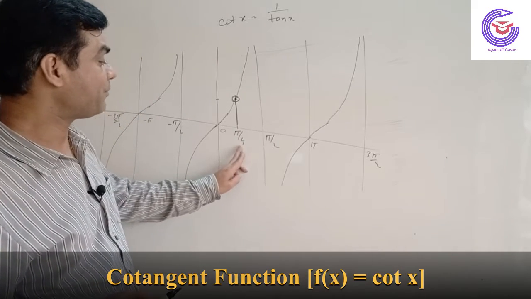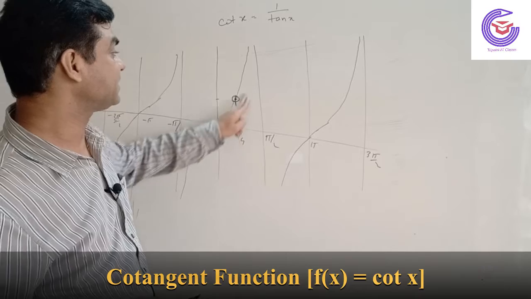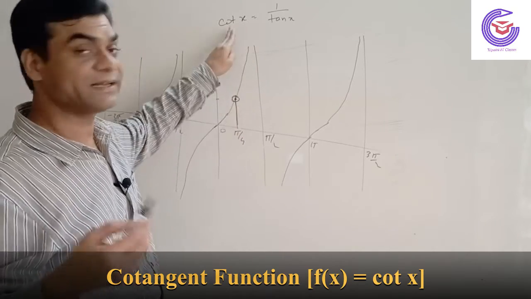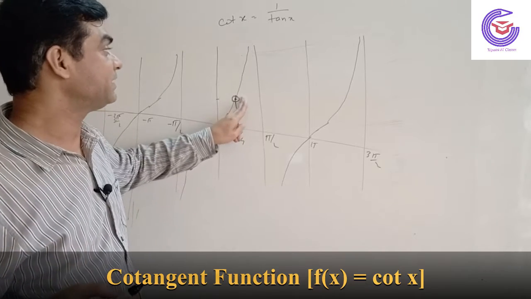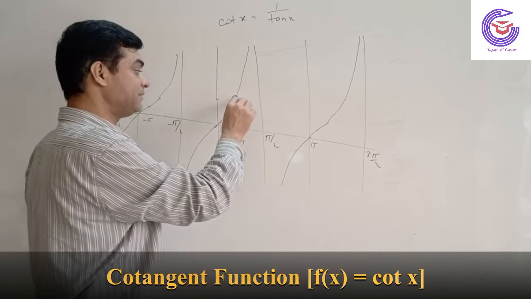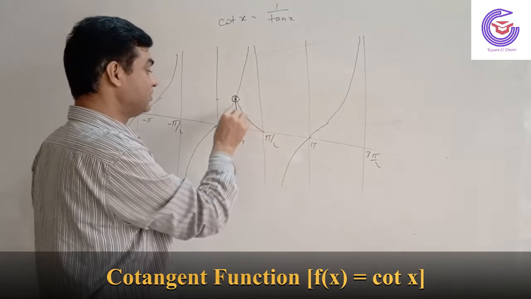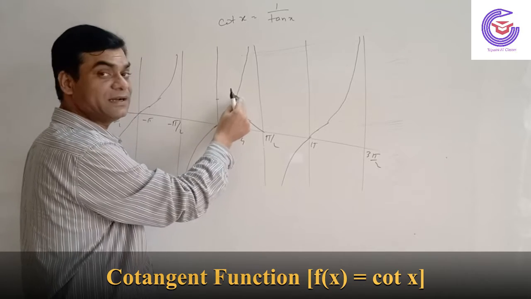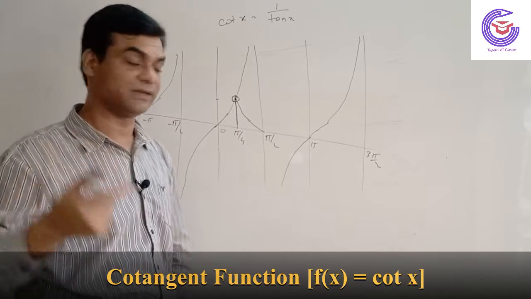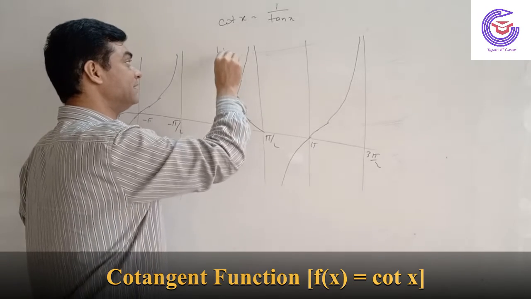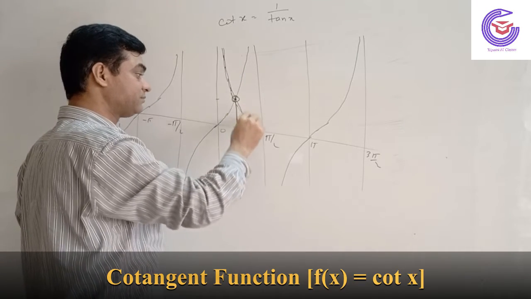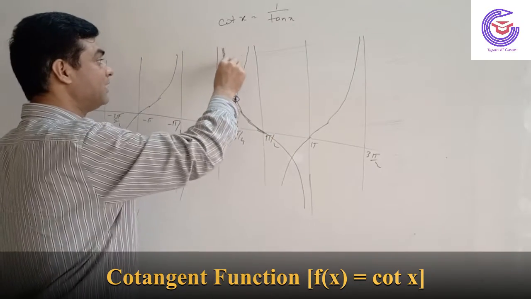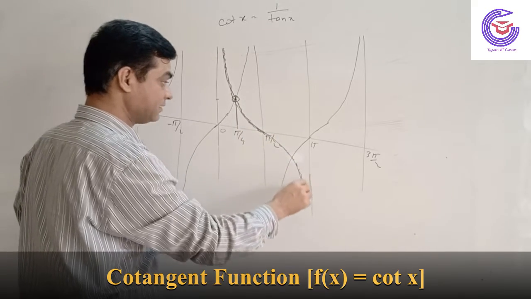Now as you are increasing from pi by 4 to pi by 2, your tan x is increasing. What will happen to cot x? Cot x is the reciprocal of tan x. So in that case, this graph will decrease, something like that, and become 0. Between 0 to pi by 4, tan x is 0 to 1. So the reciprocal of 0 to 1 is greater than 1. So if you plot this one, it will go something like that. So this is your graph of cot x, and here it goes like this. So I'll make something like that. This is the graph of cot x.